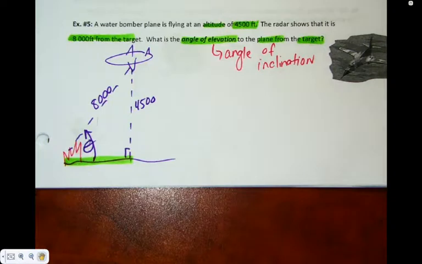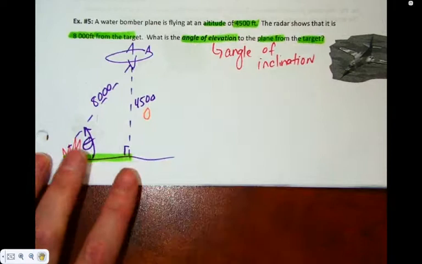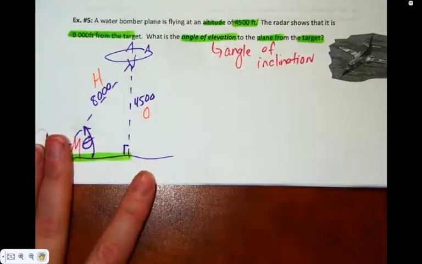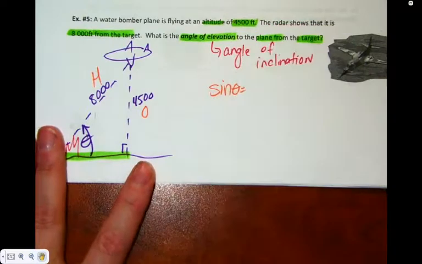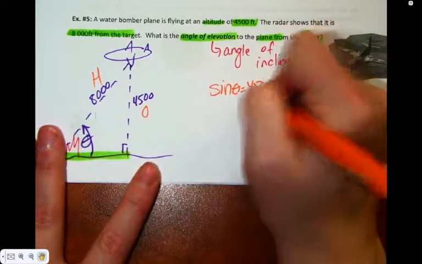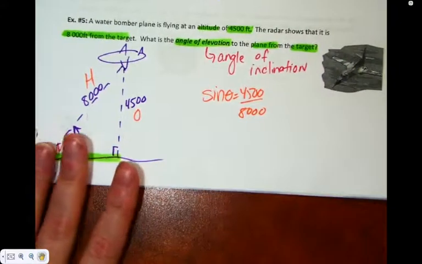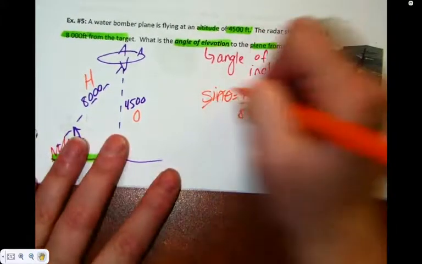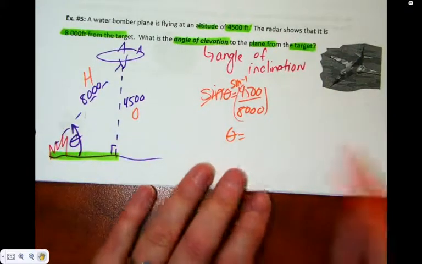What side would you like to call the 4,500? What would you like to call the 8,000? What formula would you like to pick? So subbing in, we have 4,500 over 8,000. What's the opposite of sine? So how do you get rid of a sine in an equation? Inverse sine. And an offer of